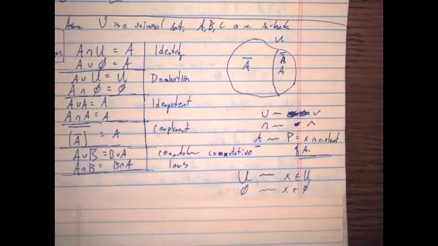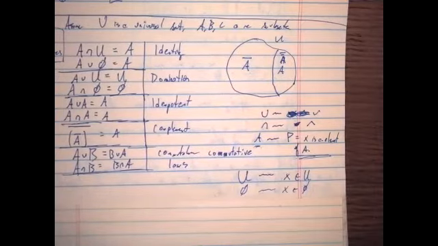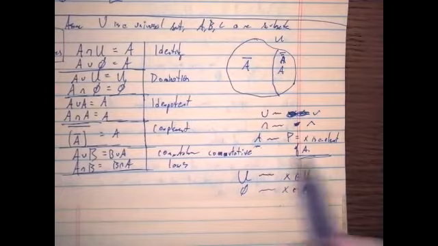I think I meant to say A union A bar. Ah, right. A union A bar would be something like true or false is true, and that's correct. So yeah, you'd be right in making a tautology like that. And that can be viewed as A union A bar is the universal set.